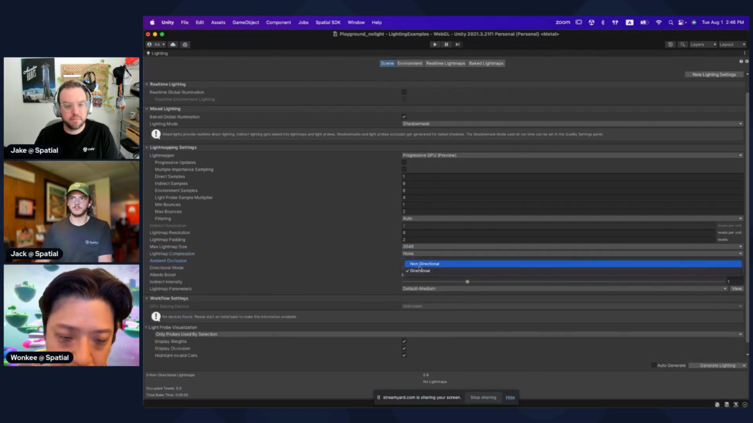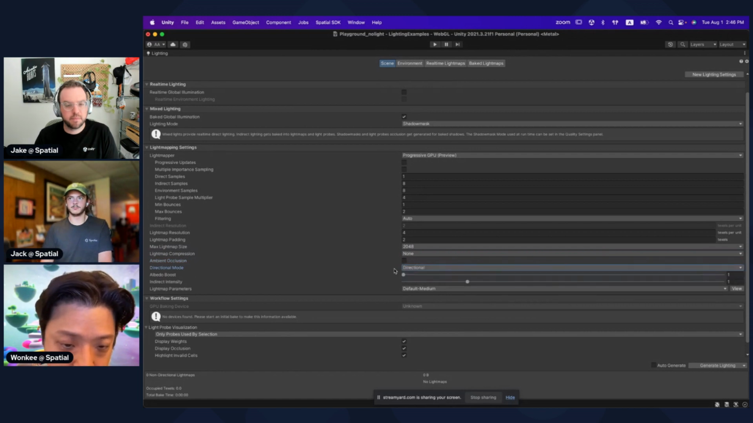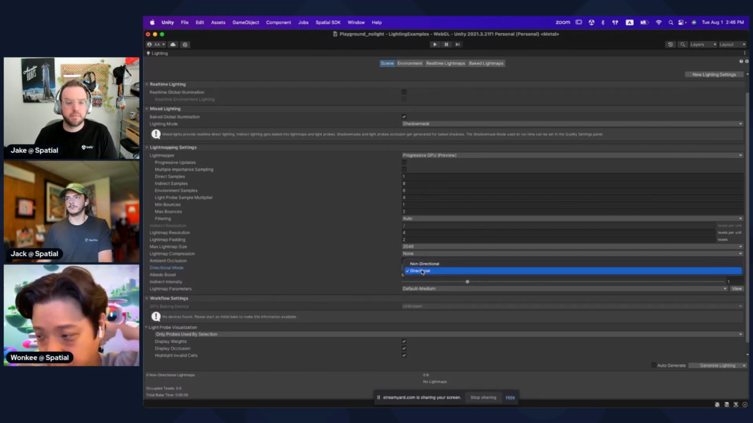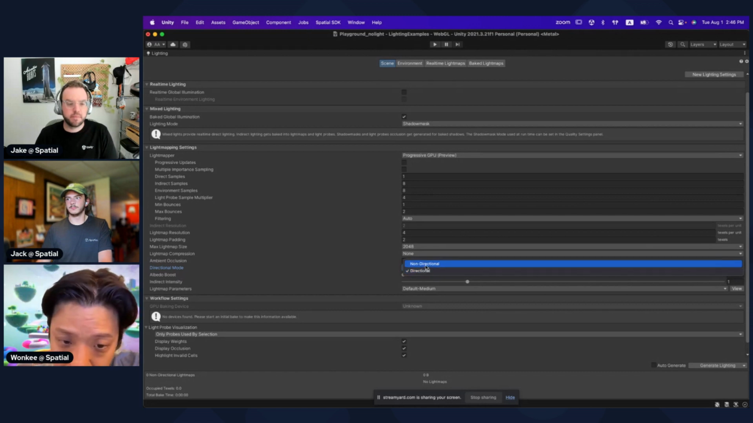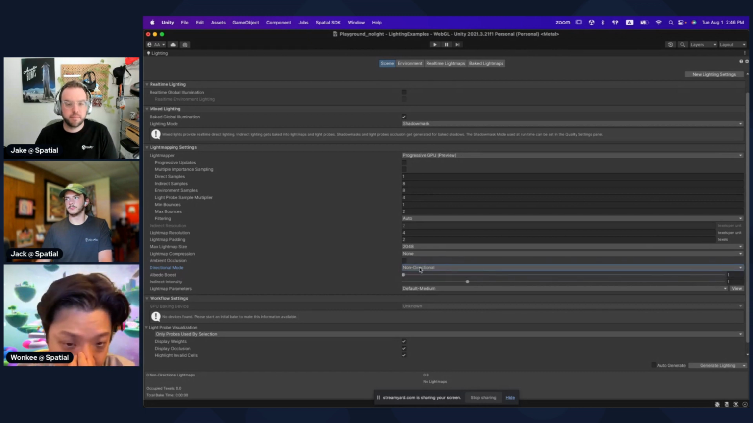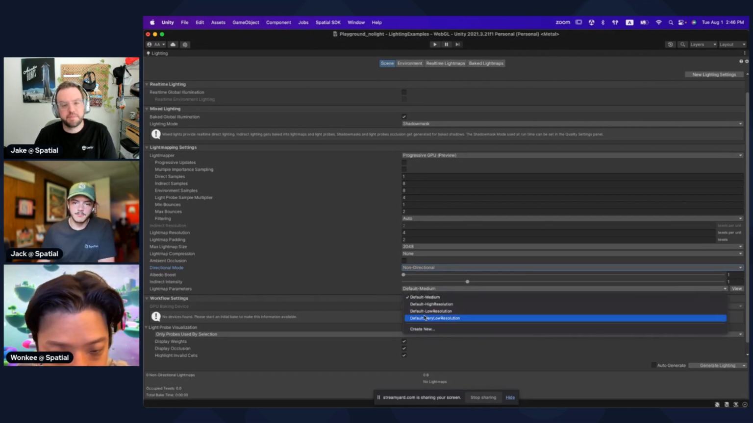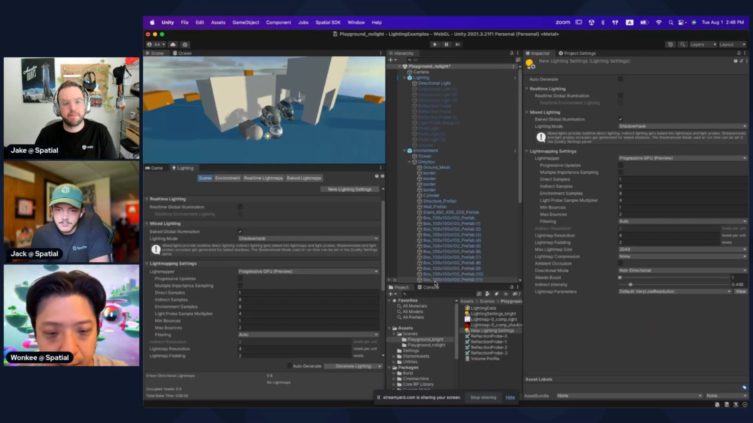So yeah, and the directional mode is for some normal map on the surface, but yeah, it increases the light map textures a lot. So I usually don't use it. So I recommend to just use non-directional lighting. And I'll have this light map parameter very low, and then